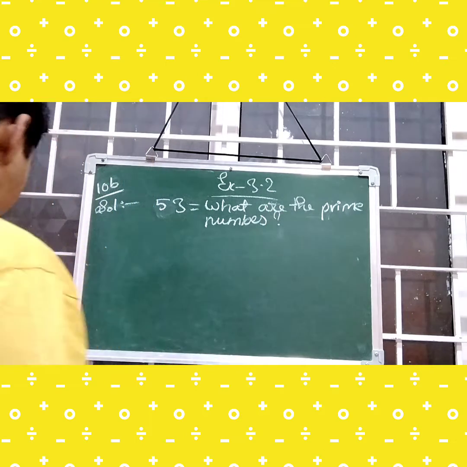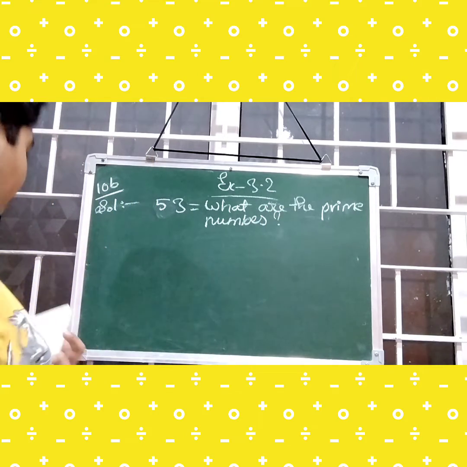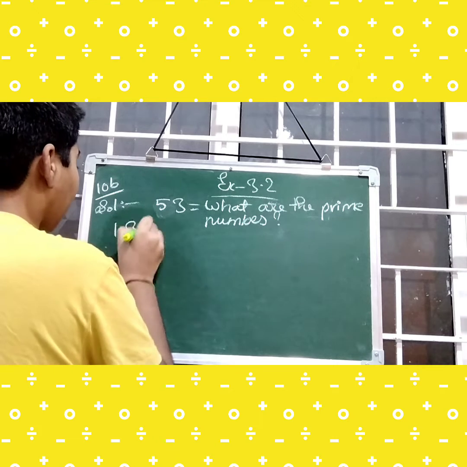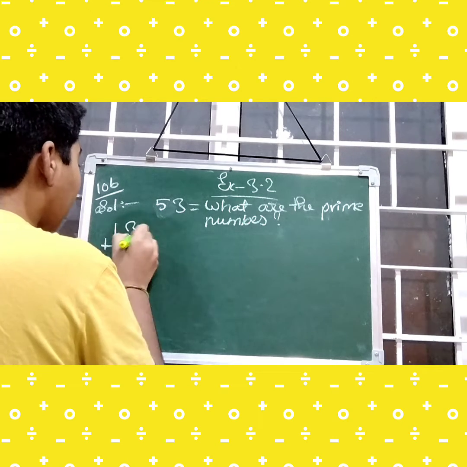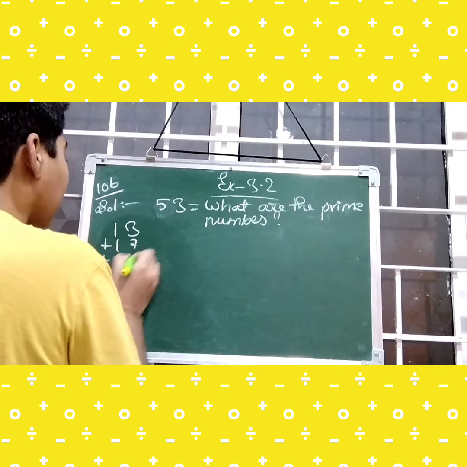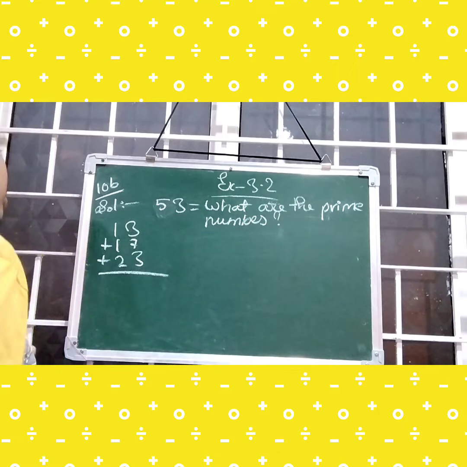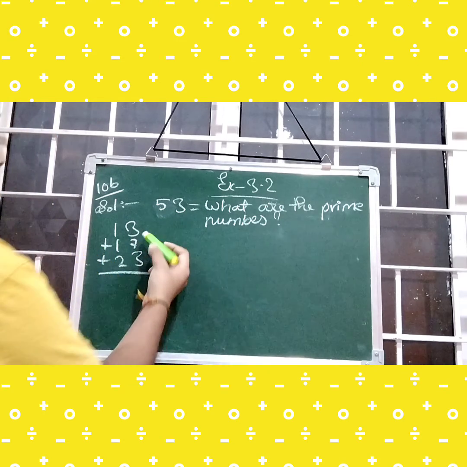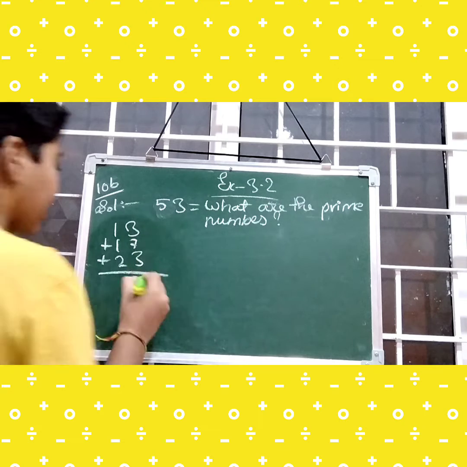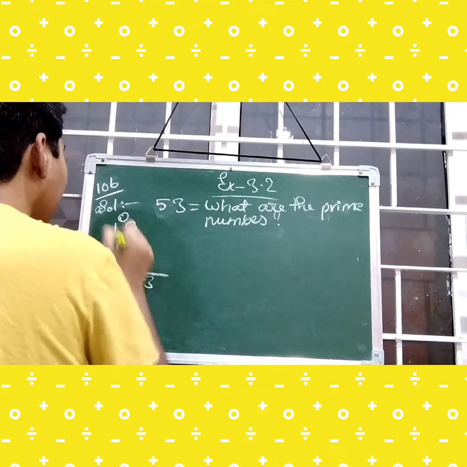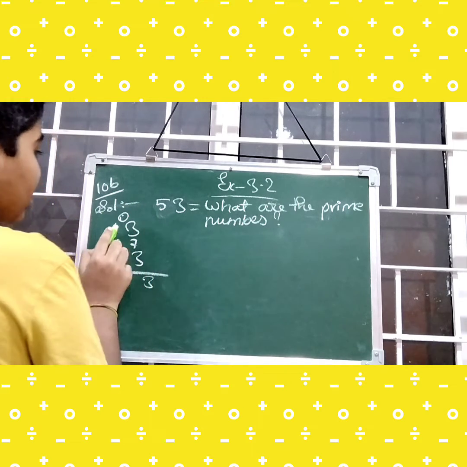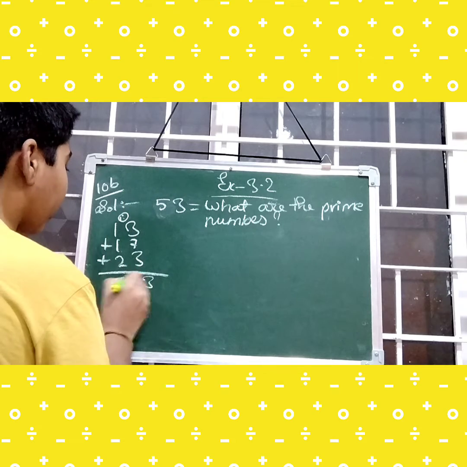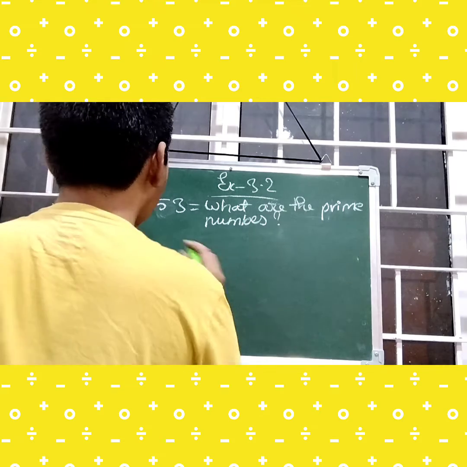so let us do the sum of 3 numbers, 13, 17 and 23. 13 plus 17 plus 23. So 3 plus 7 is 10. 10 plus 3 is 13. 2 plus 1 is 3. 3 plus 1 is 4. 4 plus 1 is 5. 53. So